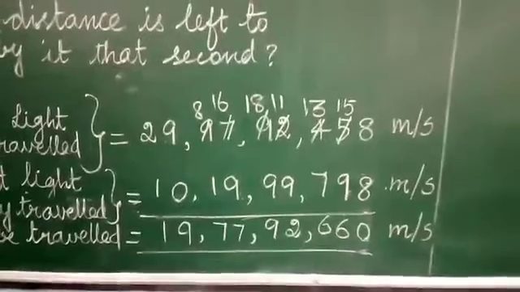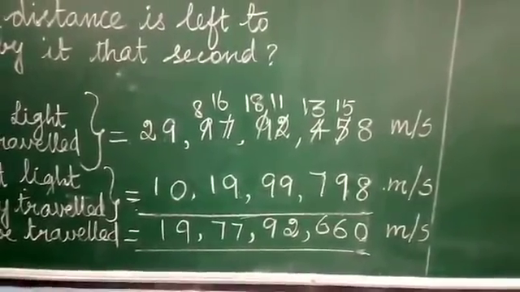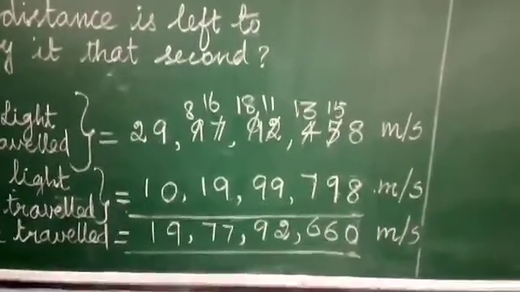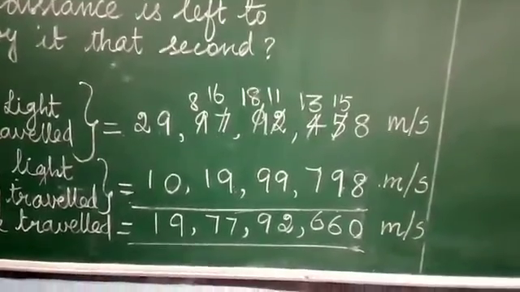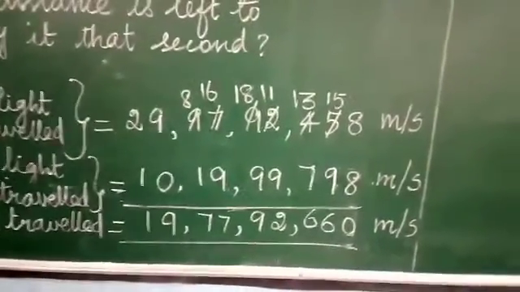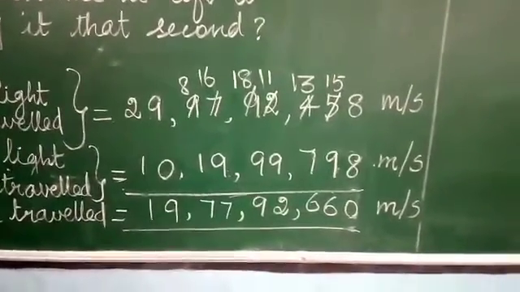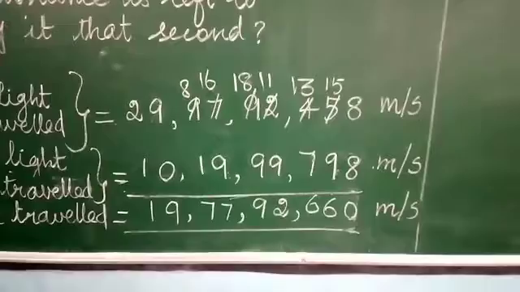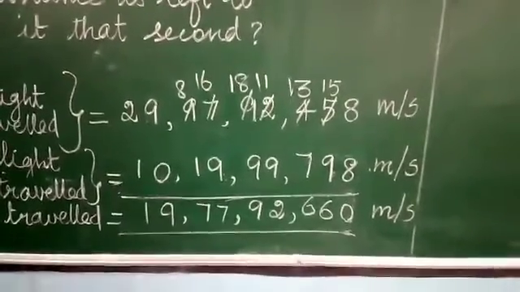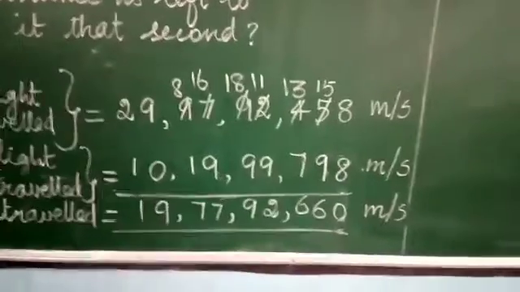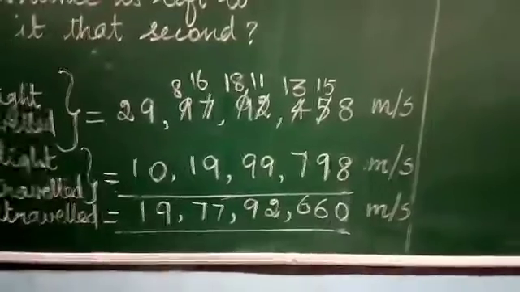And in the lakh place we have 7. Okay. So we give one more to the 10,000 place. So it will become 6. So again 6 minus 9 we couldn't subtract. So borrow from the tens place. So if I borrow, what we have? 16 in the lakh place. So 16 minus 9 is 7. And in the 10 lakh place, instead of 9, I have 8. So because we give 1 to the lakh, 8 minus 1 is 7.